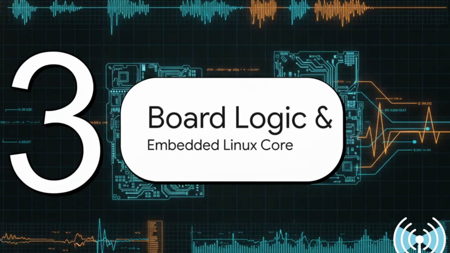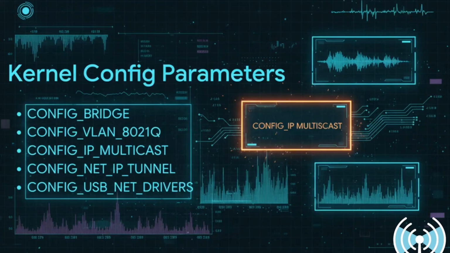Section 3. Board logic and kernel. Preparing the embedded Linux core. All right, physically plugging things in is just step 1. To actually make this tactical data flow, the embedded Linux kernel on your Zynq board needs some very specific parameters enabled. If your firmware is missing these, you're going to have to recompile your kernel. You've got your standard requirements, Ethernet bridging, USB network drivers, but there's one you absolutely cannot ignore,